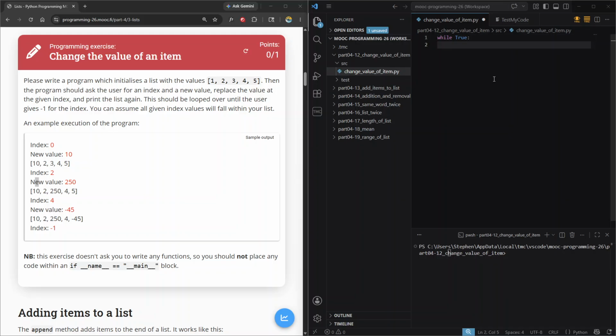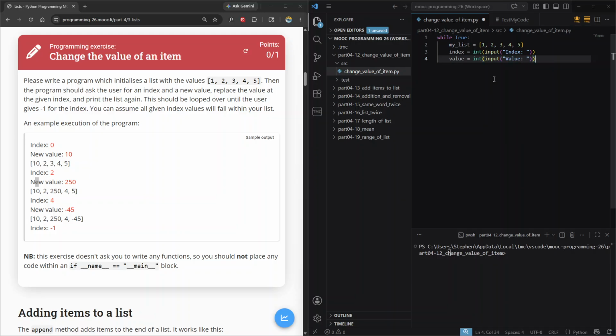Here we're going to declare a list. I'm just going to call it myList is equal to 1, 2, 3, 4, 5. Then we're going to prompt the user to enter an index. So we're going to say index is equal to input. In fact, we should wrap this with the int function so we can convert that input string into an integer. I'm going to call the input function here and prompt them for an index. Okay, and then we're going to prompt them also for a value. So here we're going to do the same thing, int, input,